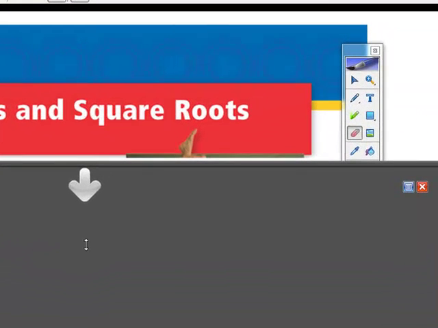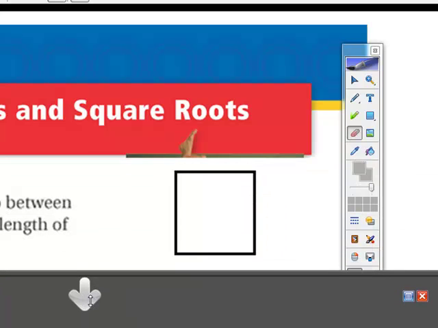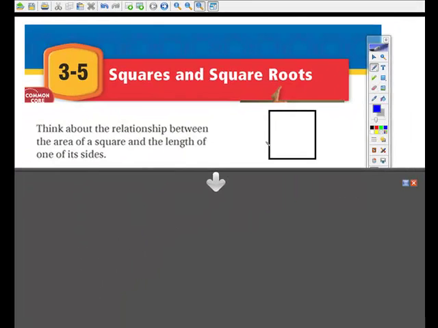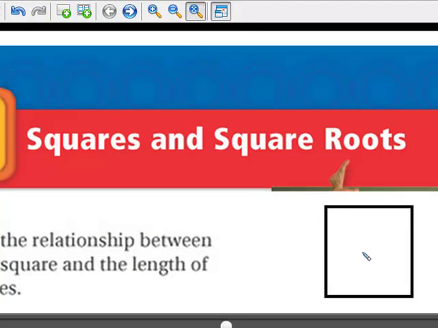This is lesson 3.5, squares and square roots. Let's think about the relationship between the area of a square and the length of the side. Now, we've talked about this before. The area formula for a square